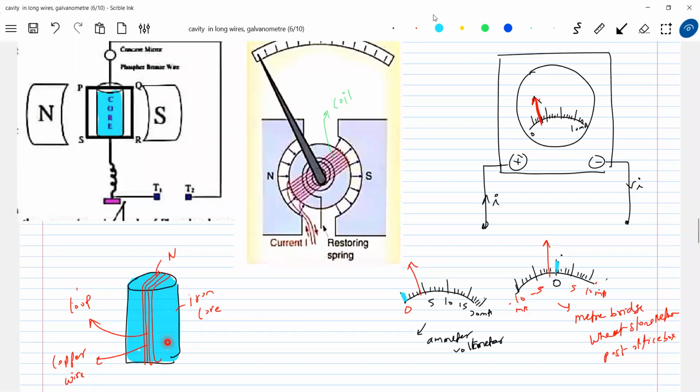Again, the turns will be wound very close because the flux, the field, should not escape through the gap between the turns. So again, I'll apply an insulating layer with a brush. Then I'll wound the first turn, then an insulating layer with a brush, then the second turn, third turn, like that. In a width of 1 centimeter, I can go for 500, 800 turns. It all depends on the thickness of the copper wire.